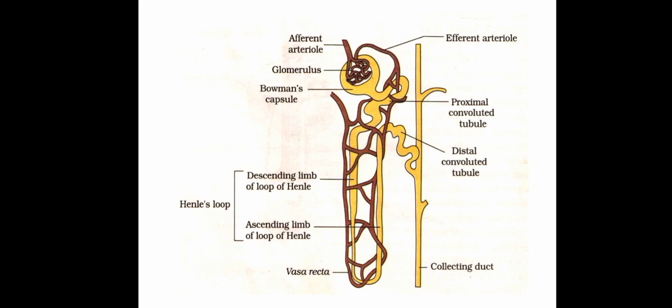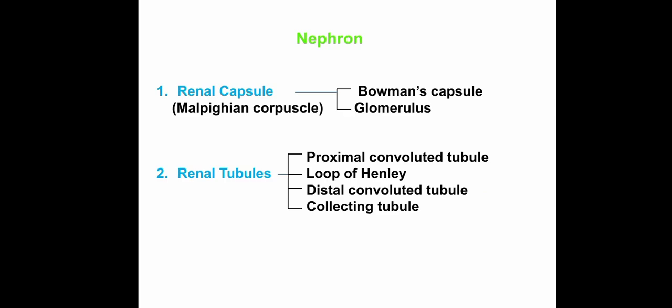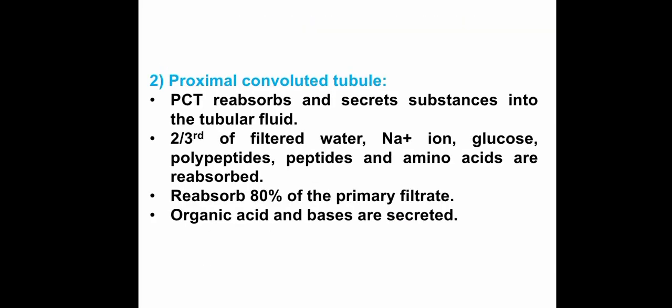Peri means they are present very close to the renal tubules, in very close proximity, so that the substances which are reabsorbed from these renal tubules can go directly into these capillaries, and thereby become part of our body blood. So these are the peritubular capillaries. Now let's go to the function.